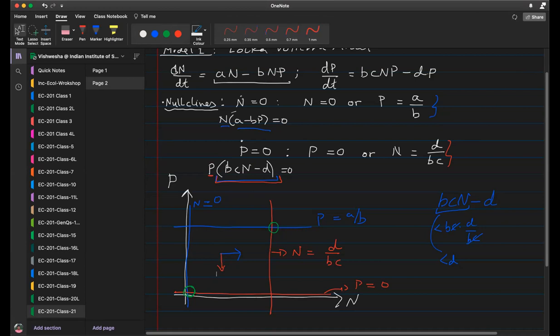This is a bit counterintuitive compared to what happens in the previous model. So therefore, we have to check this carefully for every model. Okay, and the net flow will be something like this. So it's not very clear whether it's going towards this equilibrium or this equilibrium, right? Is it clear? It's not very clear. Okay. Any questions on this?